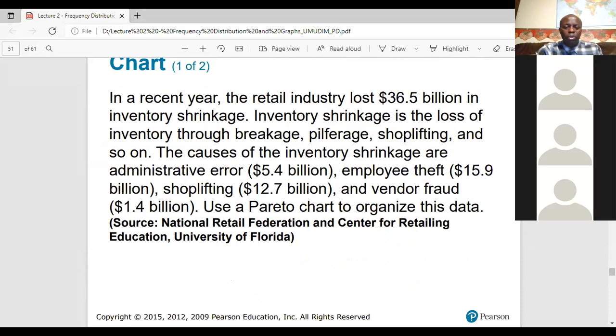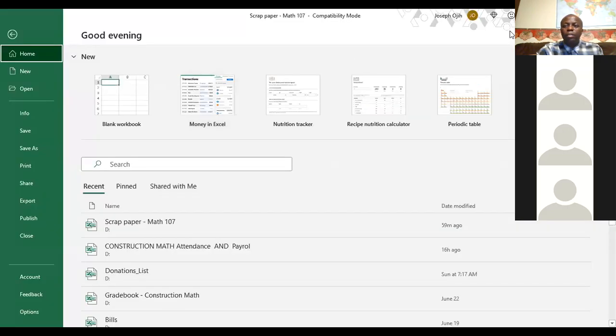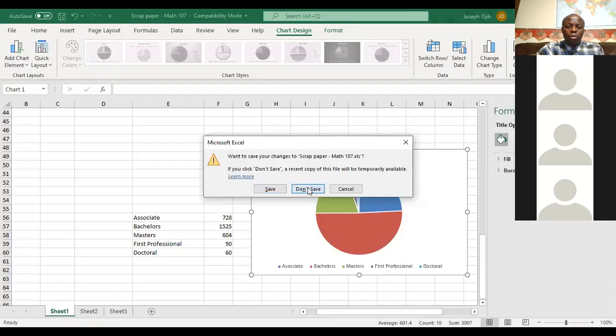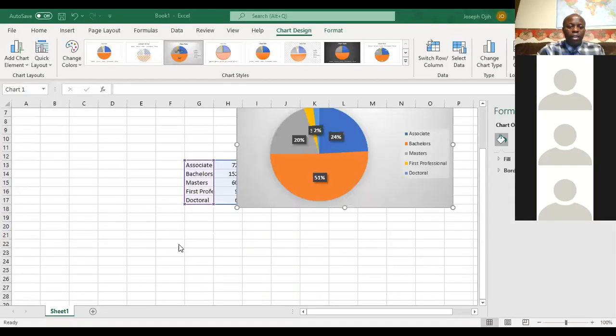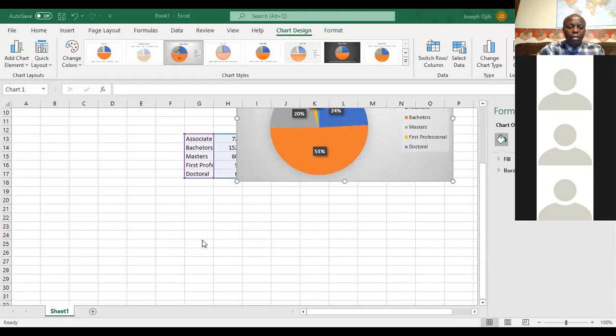So if you go to Excel, I'm going to close this part. Okay. So when you go to Excel, we have... Stop sharing, by the way. Okay, thank you. So you go to Excel, you can put the